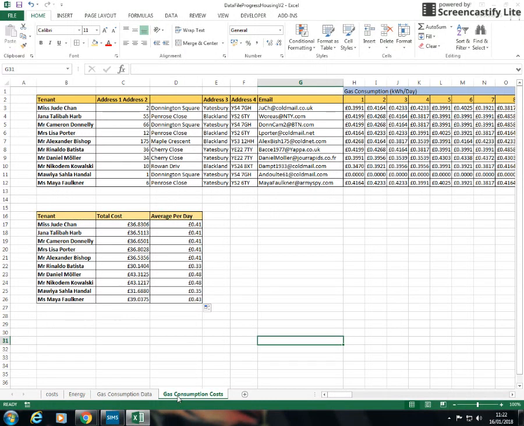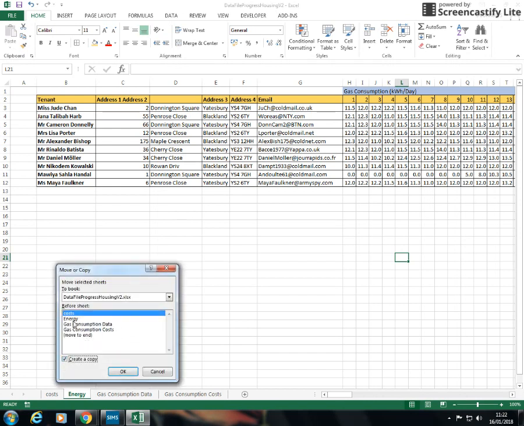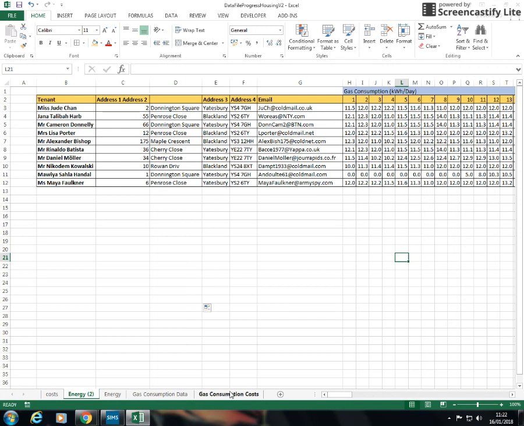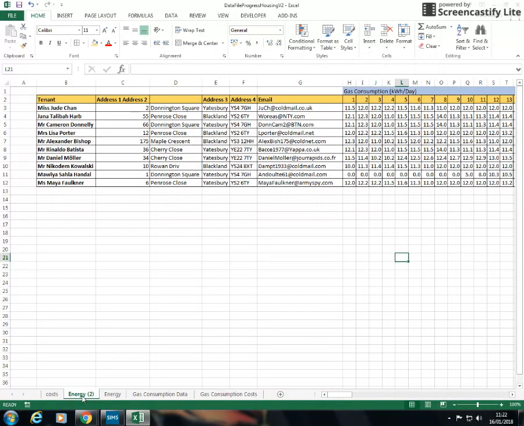So we've got the gas consumption data. Now you'd need to replicate this, copy the main table. So we're going to copy this, create a copy of this, and we've got the whole table again, which is here, energy 2. I'm going to drag this to the end. Rename, and I want this to be called electricity consumption